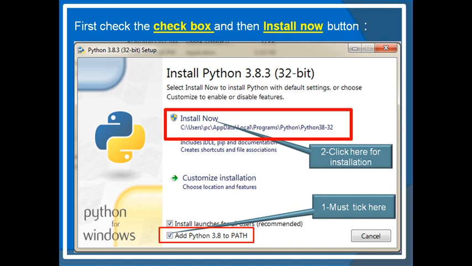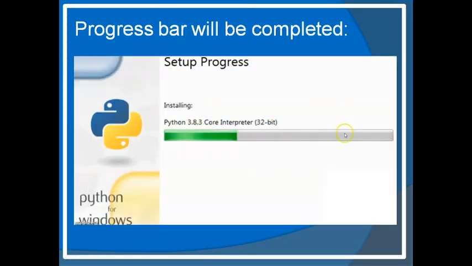After clicking this Install Now, the next screen comes with a progress bar, and it will keep on increasing up to 100%, and after some time it is completed and the setup progress message comes.